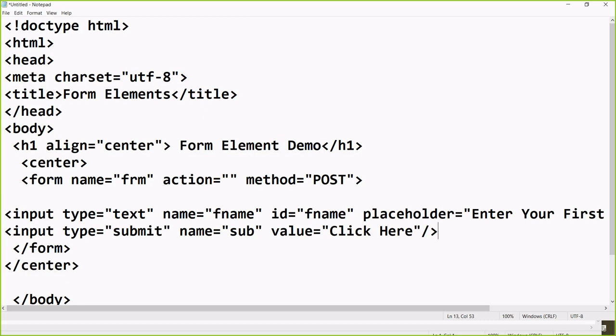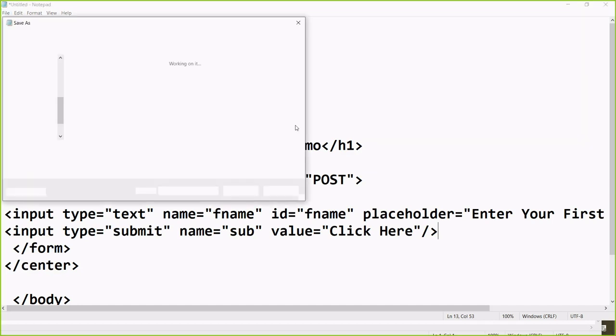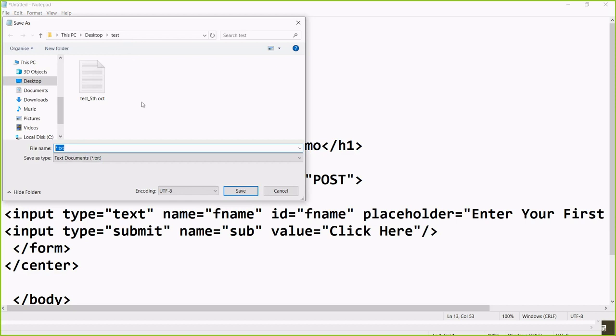One more thing I want to say here: the closing tag is again not separate. Slash angle bracket, you can write it the same way you write br. Got it? So now we'll see what is happening here. I'll save this file inside the folder. I have the text folder, so there again I will save.